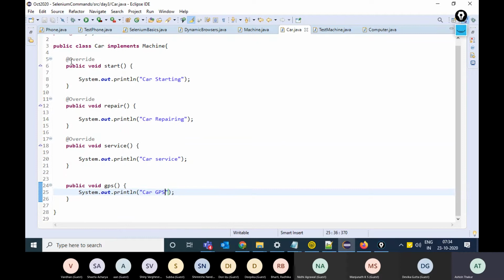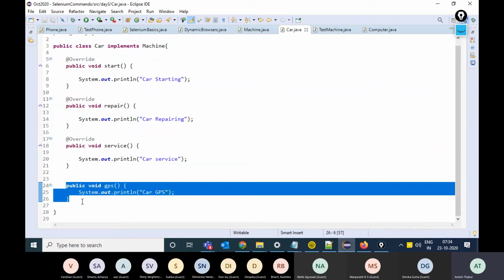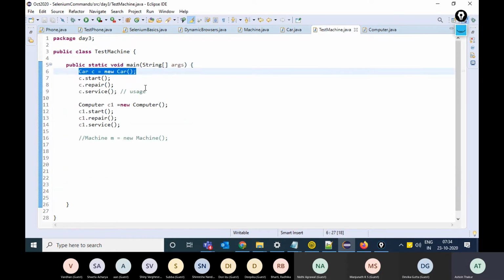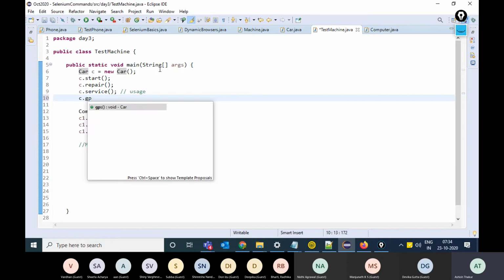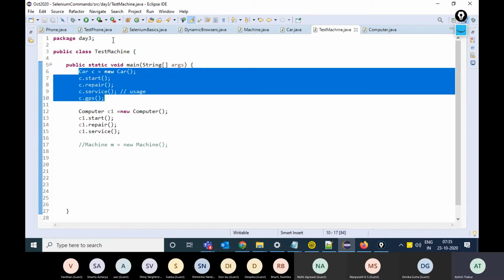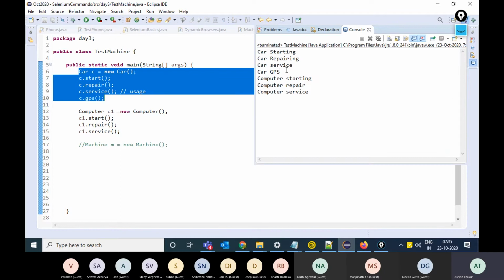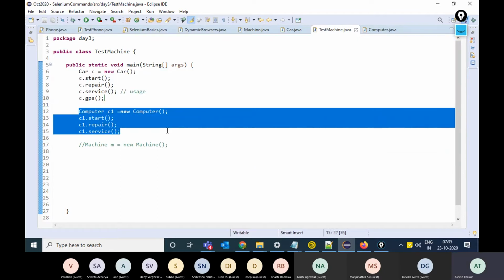Car class says that fine, I will implement the machine interface and all its functions. Apart from that, I would also like to have my own function, GPS. Obviously this GPS function can be accessed over here with the help of a car class object. If I run this, it will print, but it won't be there in the computer class, of course.